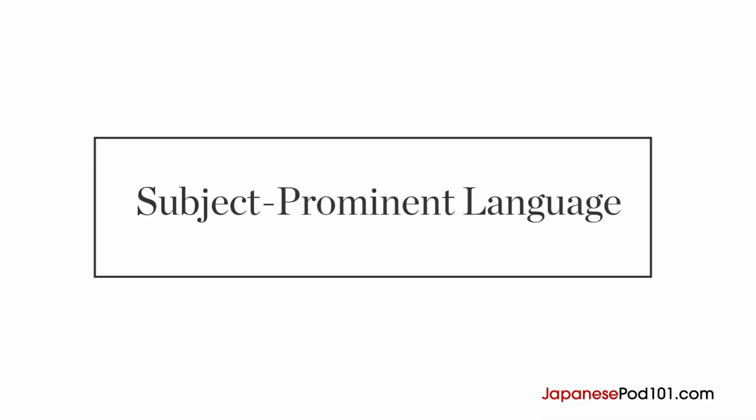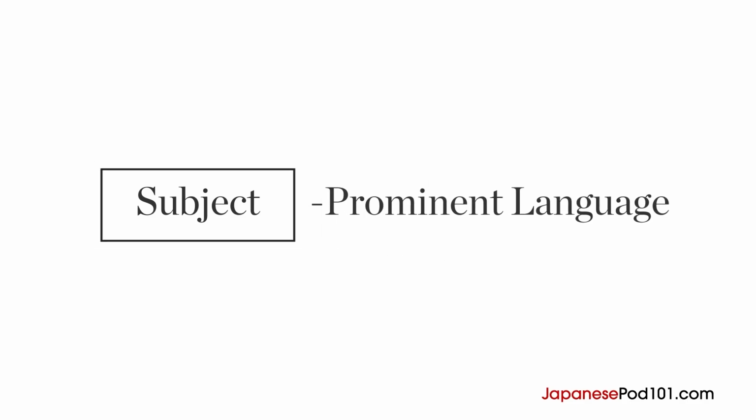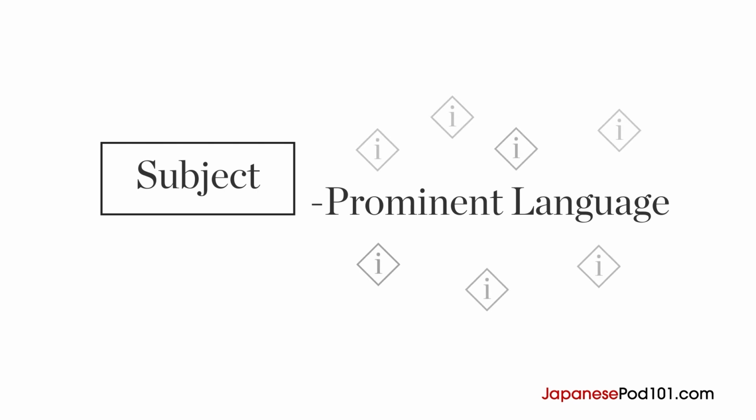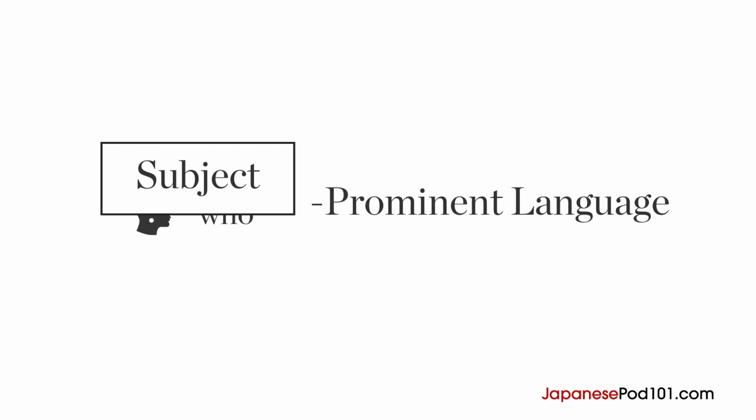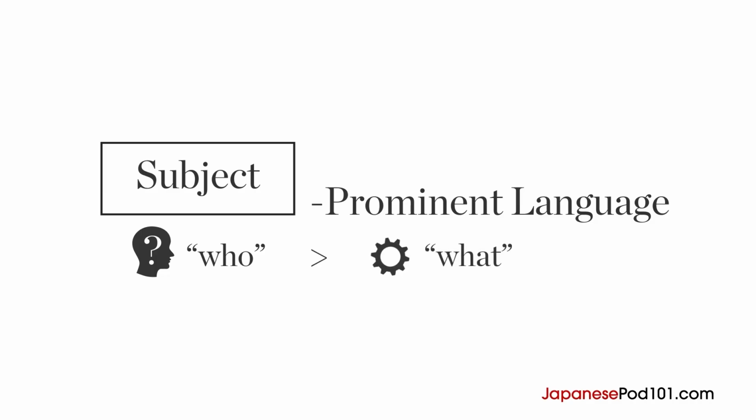English is what is called a subject-prominent language. This simply means that the subject is slightly more important than other components in the sentence. It's the key piece of information other components in the sentence relate to. Who is doing the action is slightly more important than what is being done or which object it's being done